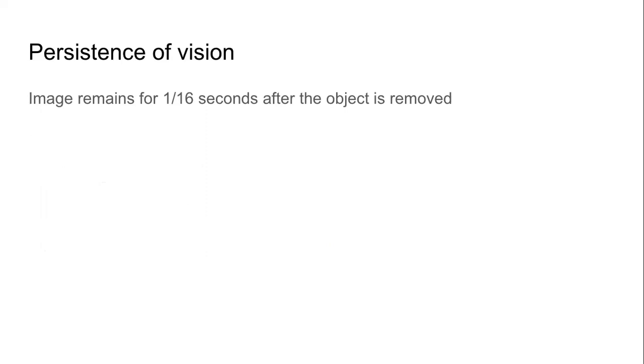Another interesting phenomenon is persistence of vision. It is very similar to what we studied in sound last year, persistence of sound. Once we see something, if an object is in front of our eye, the light comes through from the object to our eye and the image is formed on the retina. और अगर हम object हटा देंगे, of course उसका image हट जाएगा. But that doesn't happen immediately. Even after removing the object, that image remains in our retina for 1/16 seconds. If something happens in that 1/16 seconds, our eye will not be able to see.